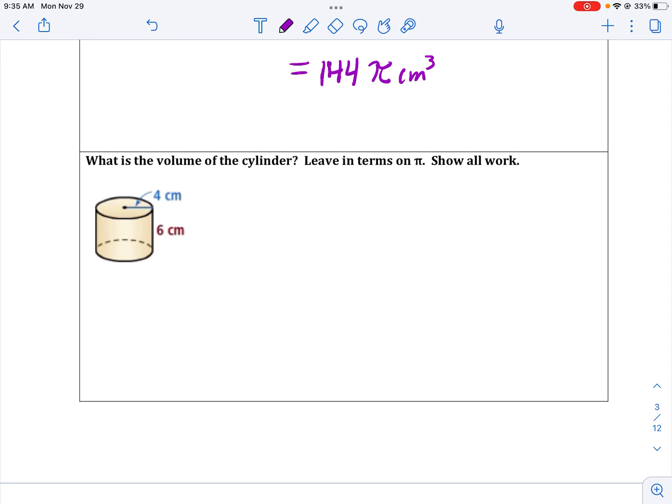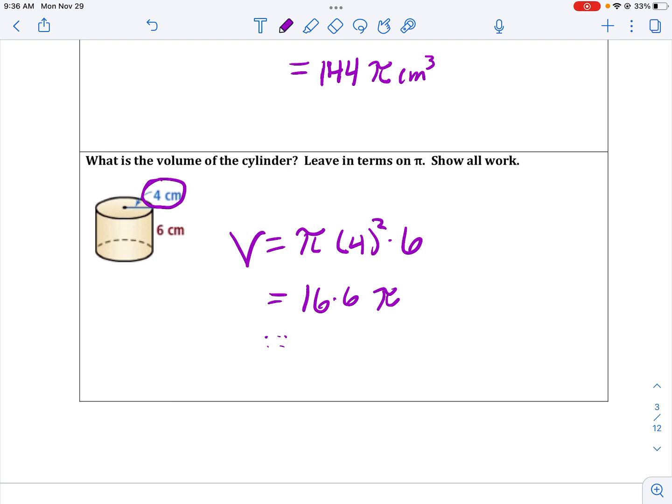So what is the volume of this cylinder? Volume equals pi r squared. R is my radius. Remember, radius is from the center of the circle to the end, so half your diameter. Here we're given the radius, so we don't need to worry about a diameter. Times 6. Okay, 4 squared is 16. And again, we're solving in terms of pi, so just leave the pi there. 16 times 6